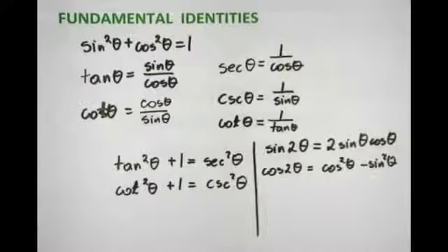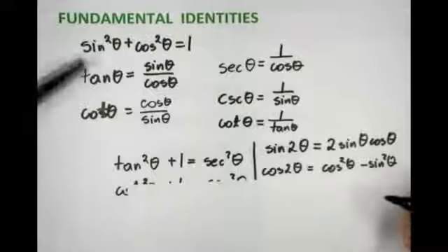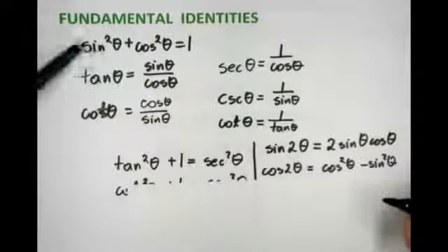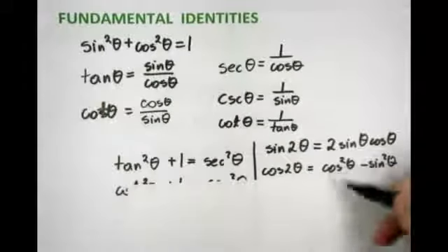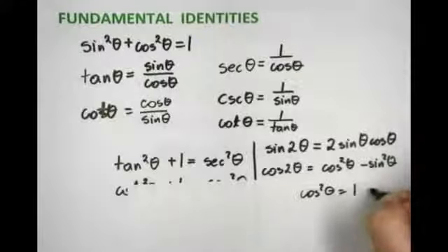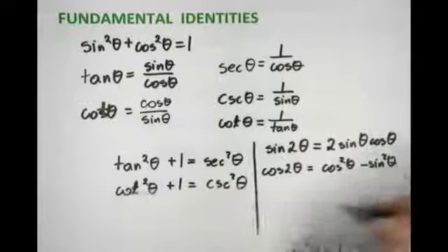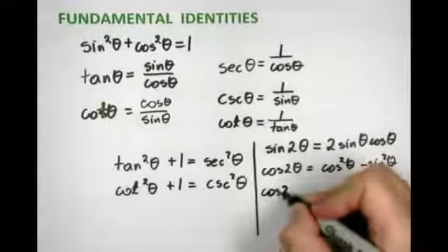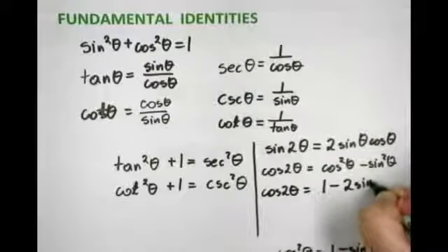And we should be able to use this one when you substitute one of them. So we know from the one identity we can solve it for cos. I bring this over. I would have 1 minus sine square and substitute here. I would have that cos square theta is equal to 1 minus sine square theta. And then I can collect this. I would have that. So another one is that cos 2 theta is equal to 1 minus 2 sine square